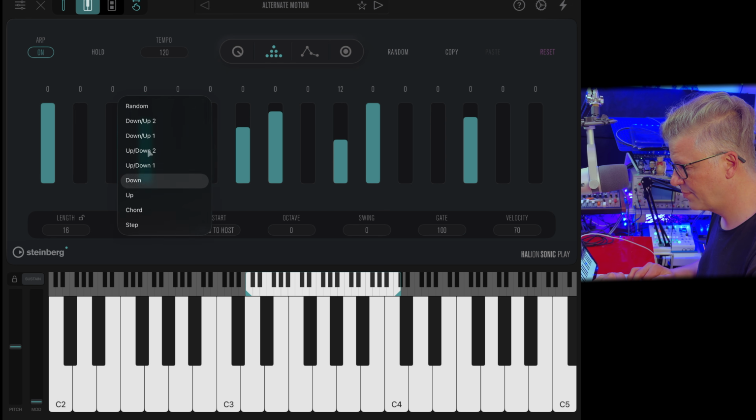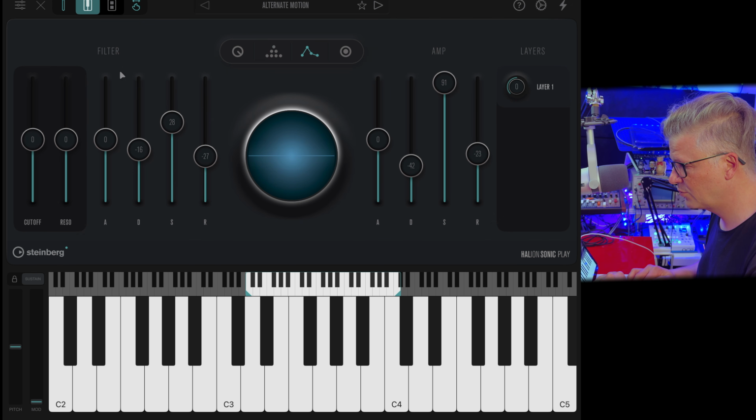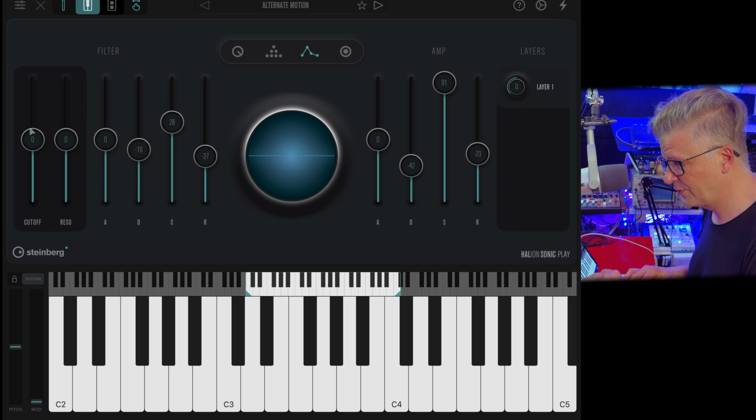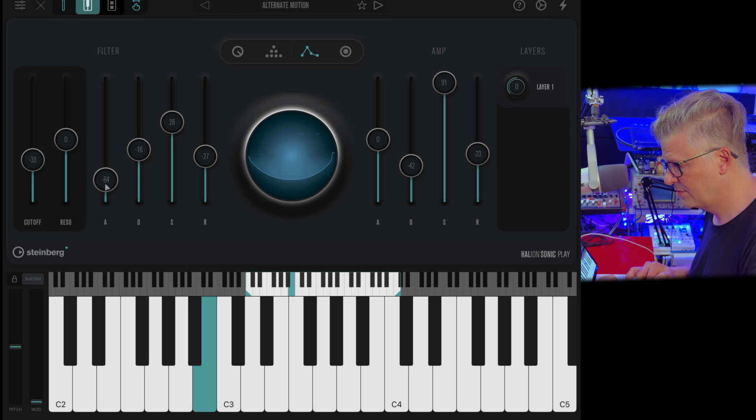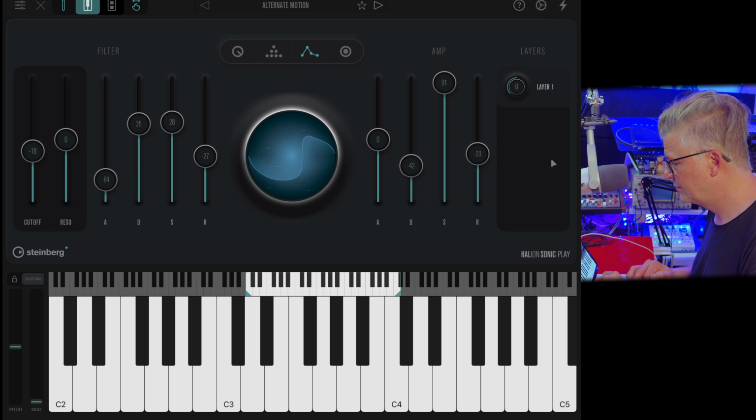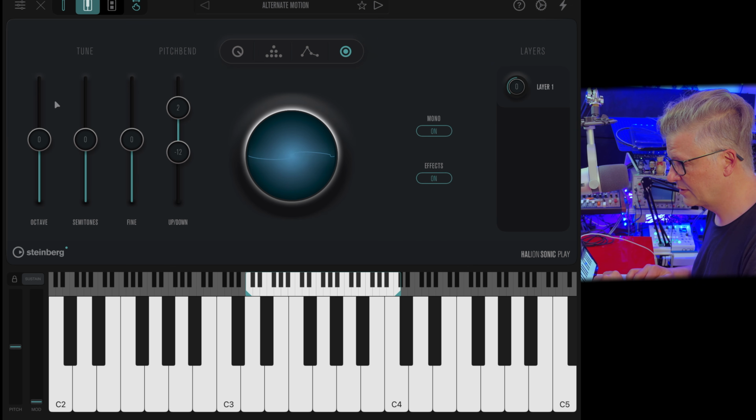You can go into step, or you can go into different arpeggiator type of mode. Now the next one is some control over the filter. You already have a filter in there. ADSR for the filter, ADSR for the amplitude, and the last one is basically tuning: octave, semitone, fine tuning,